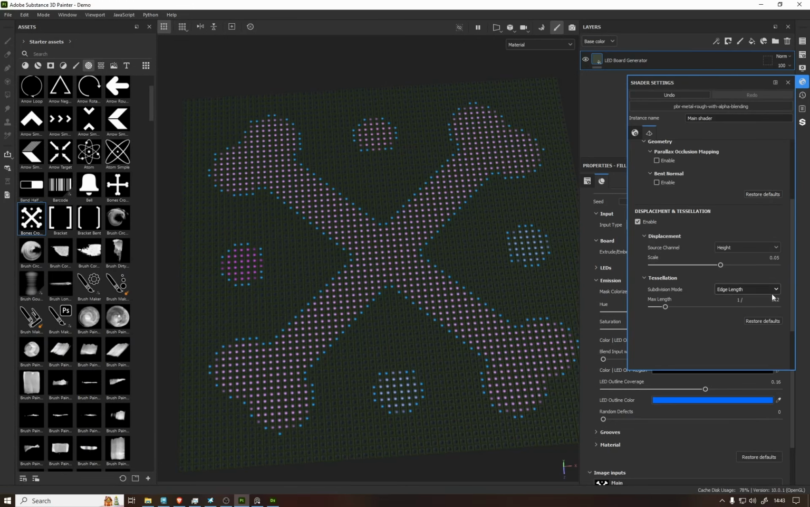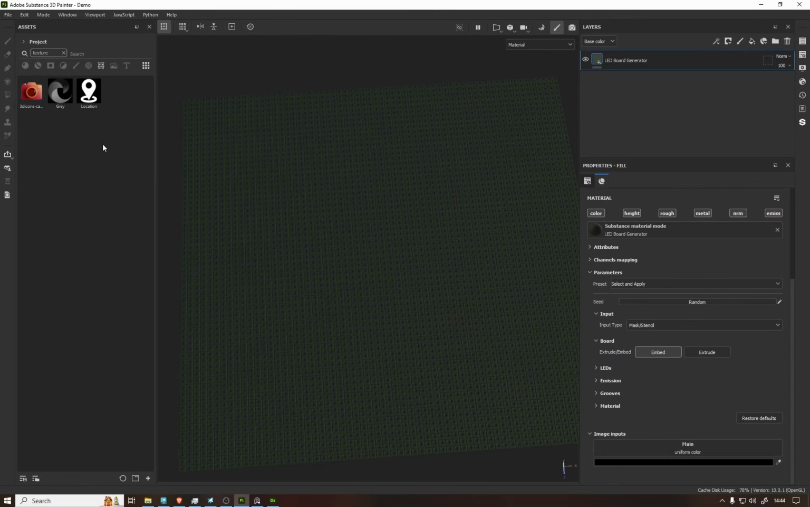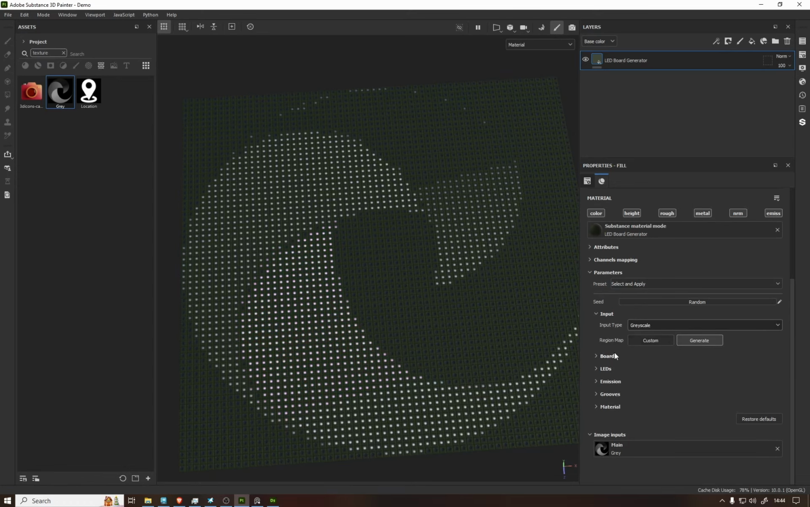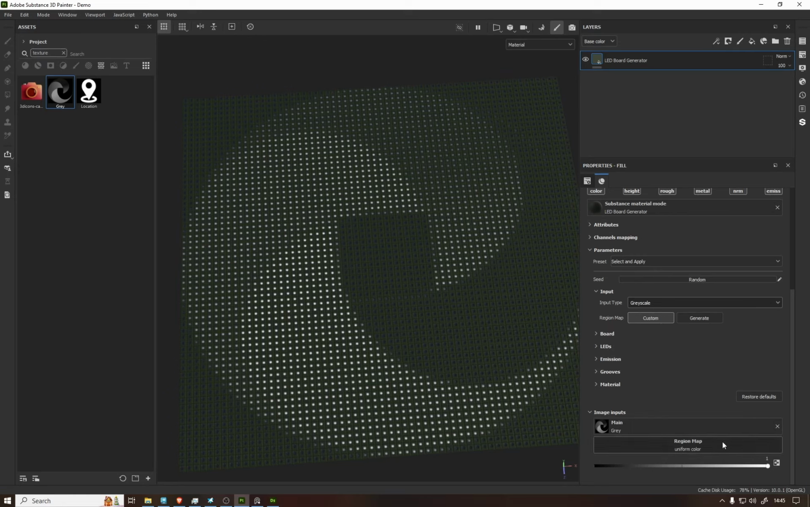Let me turn down displacement tessellation for quick updates. Then we have images that are black and white, and they will be treated slightly differently. So as I imported it, you will notice that it tried to generate its alpha channel based on its values, but that didn't come out right, which is fine. You can change the input type to grayscale and disable the generation of region map. As soon as you click on custom, it will disable the automatically generated region map and ask you to enter